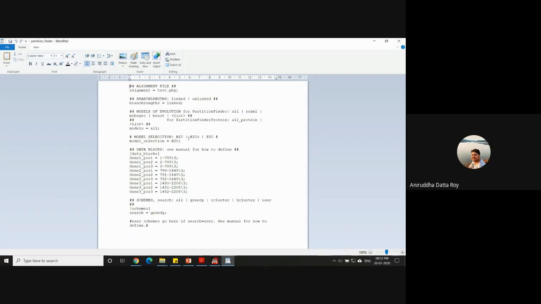So you either have an AIC or a BIC. AIC stands for Akaike Information Criterion. BIC stands for Bayesian Information Criterion. It's just a criterion to find out which among all the models that you've tested fits your data set the best. And this is the most important part, where you actually feed in the different partitions that you have